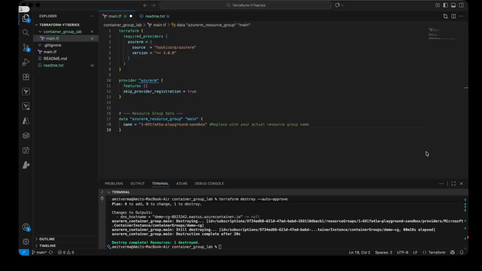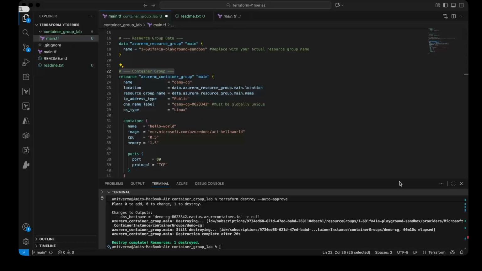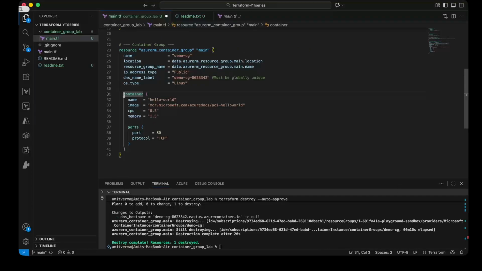Here we are using a data block to fetch an existing resource group. This means Terraform won't create it, it will just use it. This is our main resource, the Azure Container Group. We are naming it demo CG, setting location and resource group dynamically, and giving it a public IP address so we can access it from anywhere. And the DNS label must be unique, so make sure to change it. Inside the container block,